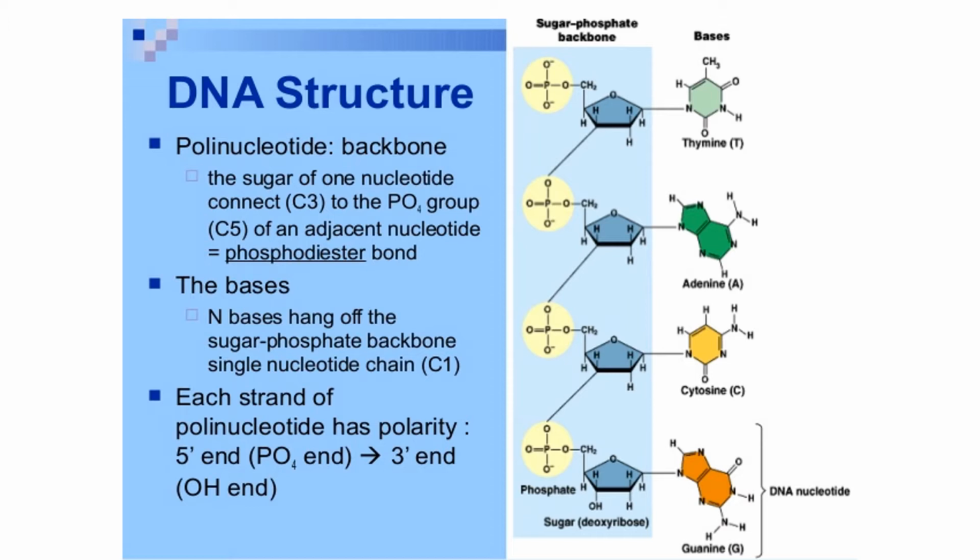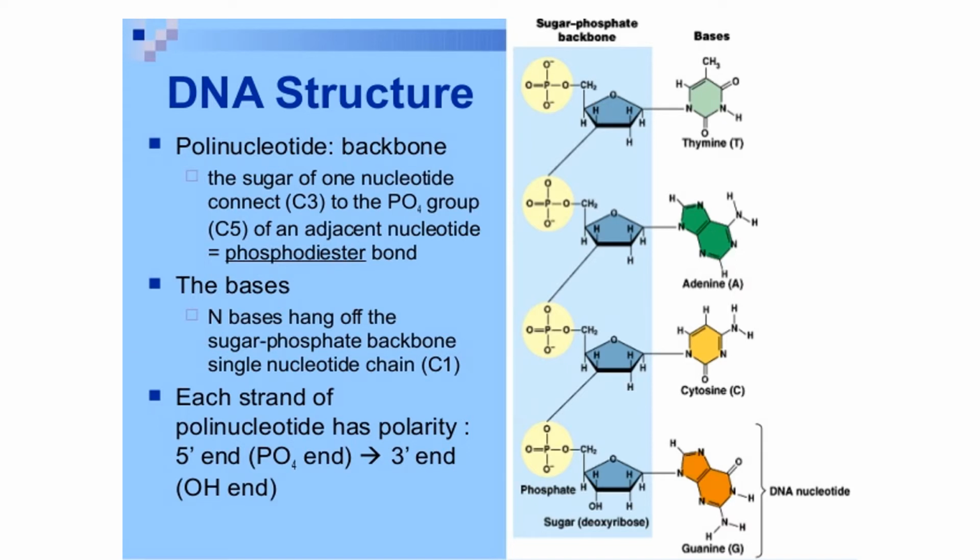As you see in the figure, the yellow colored phosphate groups are linked to the respective ribose sugars. From one ribose sugar, the third carbon is bound to the phosphate group, and that phosphate group is bound to the fifth carbon of the adjacent nucleotide. In this way, a polynucleotide chain is going to be formed.